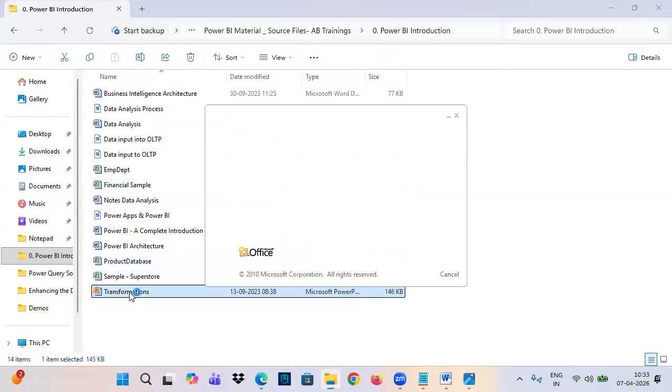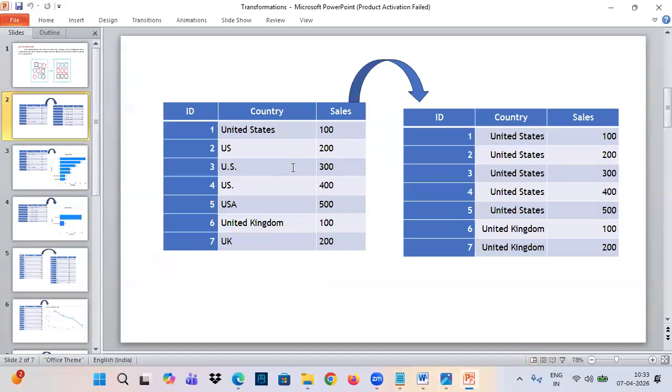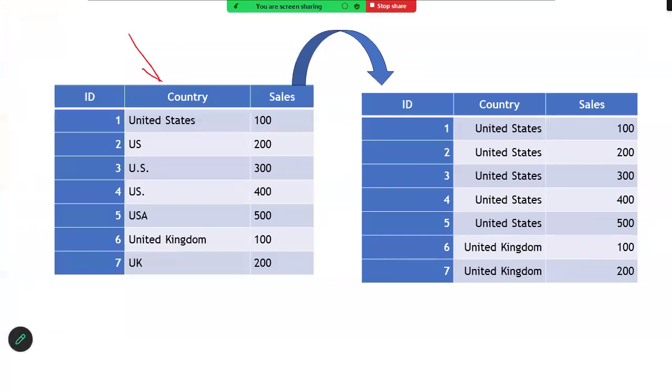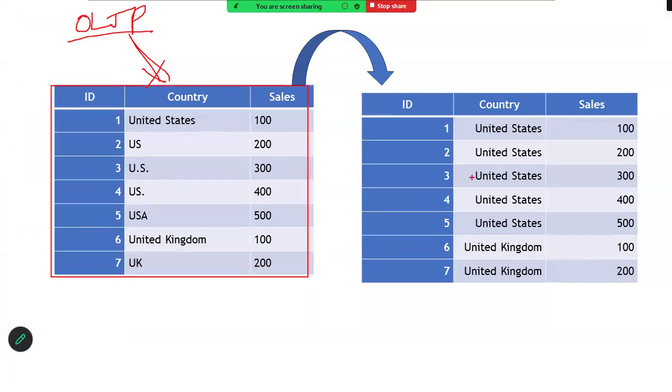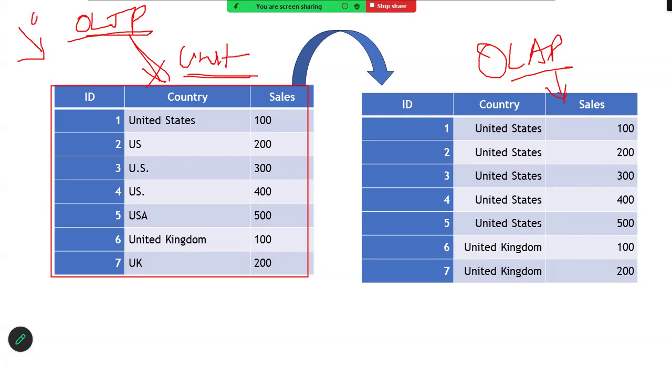I'll open one small image here to make you understand. Look at this. This is how the data will be in OLTP. The OLTP database will have tables, and the tables will have data like this. This is how the data will be in the OLAP tables. I said OLTP contains unstructured data. Generally, on the Flipkart website, thousands of customers come and place orders. When I ask customers to write their country name, will every customer write it in the same format? No. One customer will write United States, another will write US, U.S., USA. All these first 5 entries are related to